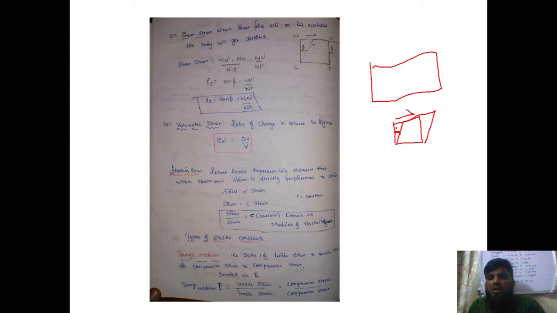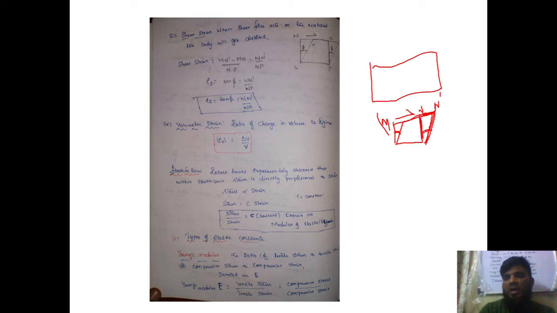This theta can be obtained using the formula tan theta, the strain angle. Strain is the change in length over the original length. If this is my m and this is my n, the variation happens to a new point, n dash. So the change is m n dash minus m n. We obtain this length. Similarly, there is no variation in this length, so again we can obtain this, or you know the value of this.